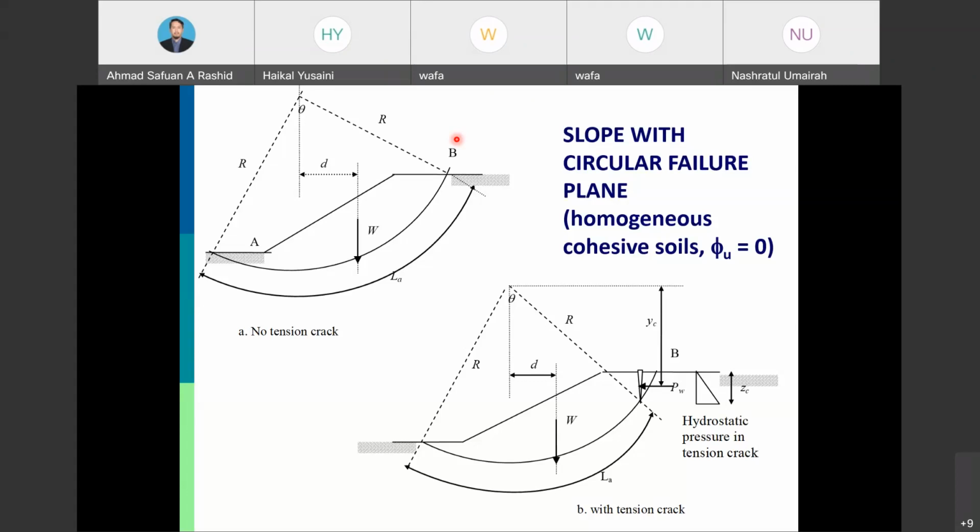Okay, so they get the factor of safety value. Okay, the resisting moment over the driving moment. Okay, that is for no tension crack. Let's say due to a proper compaction effort, then